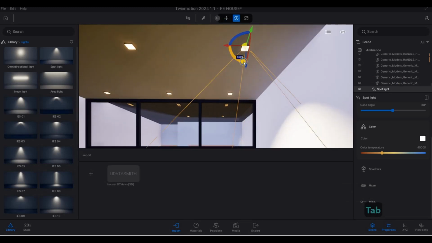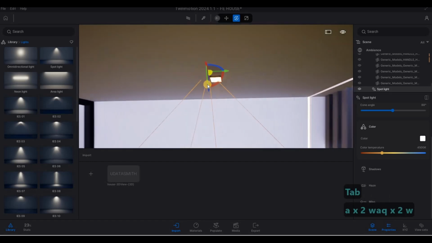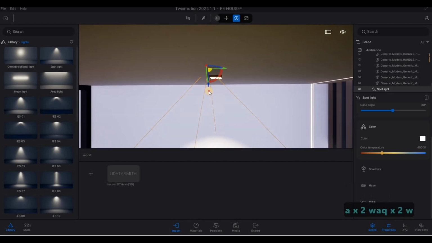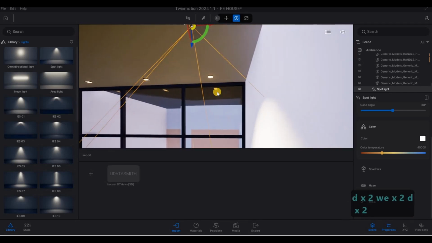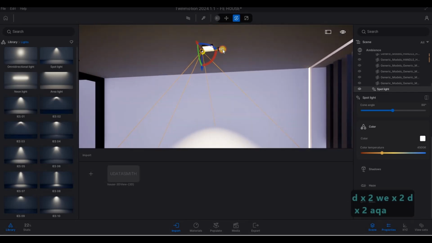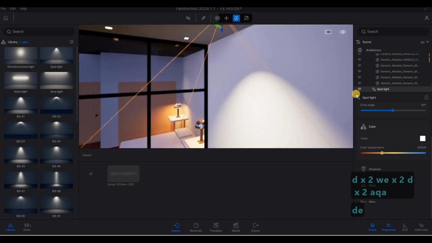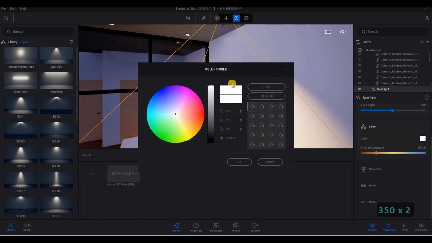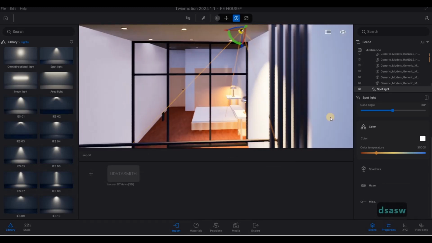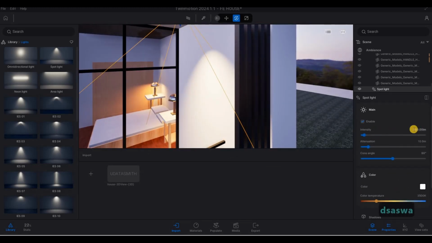So click on tab in order for you to see how this one is lining up, and then before that change the temperature similar to what we discussed, 3500. Okay, and then in terms of intensity we're just going to do 10,